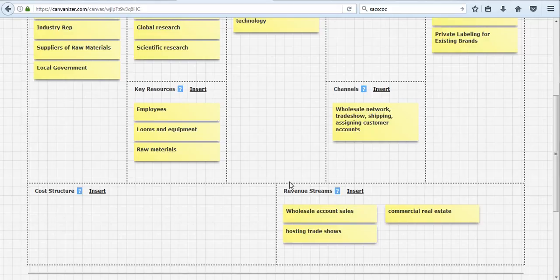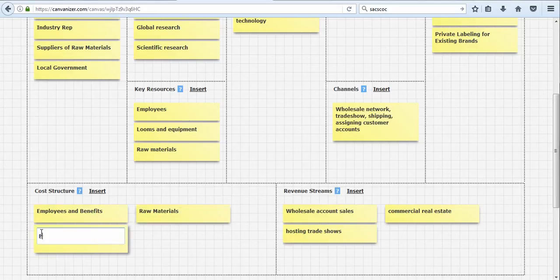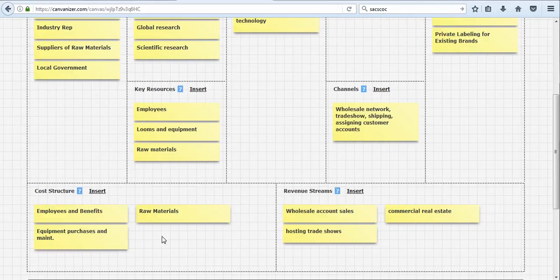I kind of wish, since this is called revenue streams, I kind of wish this was called like cost streams, or, you know, rivers flowing in, rivers flowing out, however you want to think of it. But so where do we spend the money? We spend the most money on employees and benefits, right? On raw materials, on equipment purchases and maintenance, on